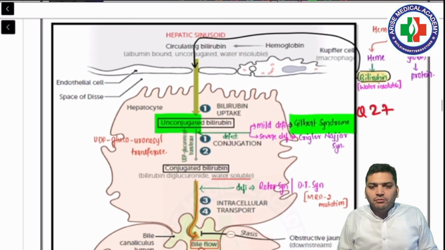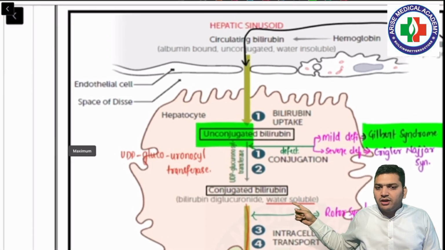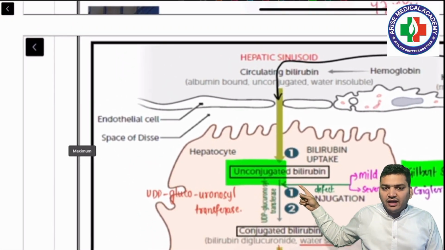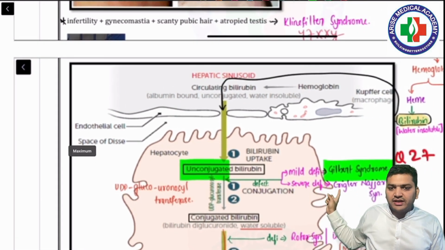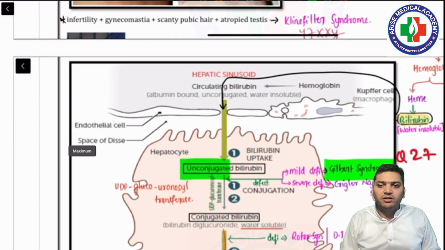Now there was a question from congenital hyperbilirubinemia. What they have mentioned was, they have given the value of the total bilirubin, they have given the value of the direct bilirubin. Direct means the conjugated one. The conjugated was not increased. What was increased was the unconjugated one, and unconjugated is increased in 2 conditions, the Gilbert and Crigler-Najjar, and Crigler-Najjar was not in the option, so the answer was Gilbert syndrome.